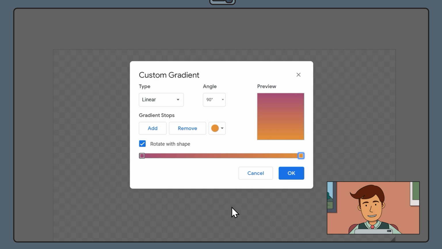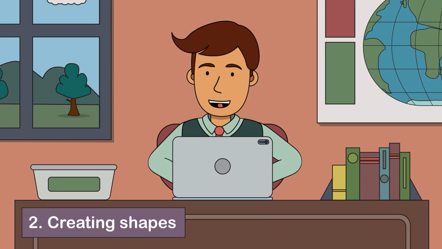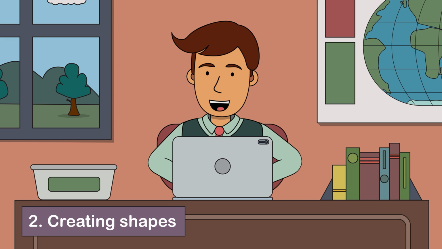After this, we are going to add some gradient stops so we can adjust our gradient slightly. Select the Add button 3 times to add 3 little circles. Click and drag these circles to the left-hand side of the gradient line, making sure to keep them in the same order. Notice now that our sunset gradient is sitting a little higher in the preview box. Select OK to apply.